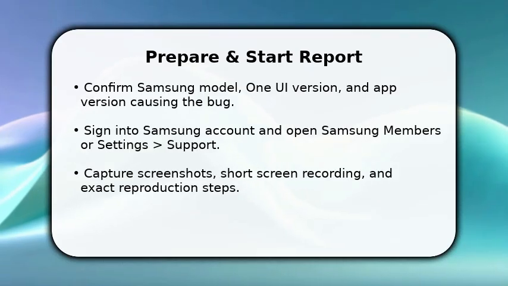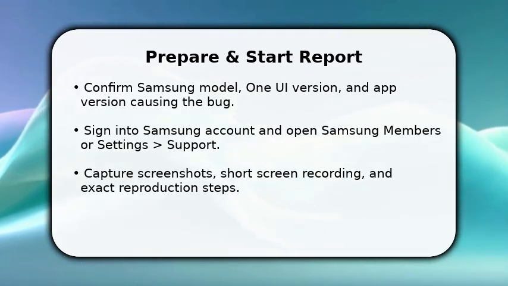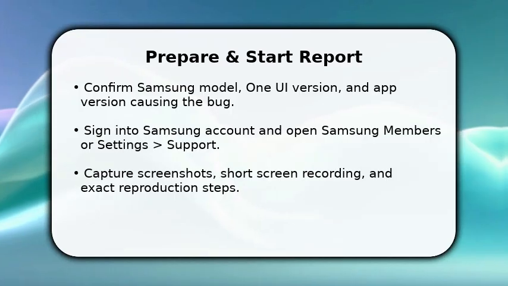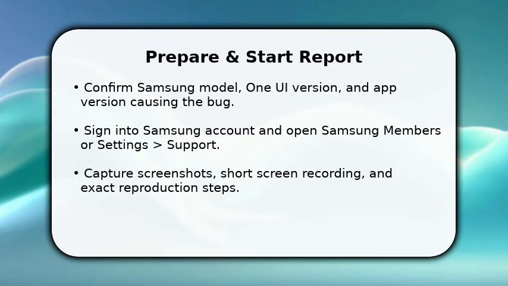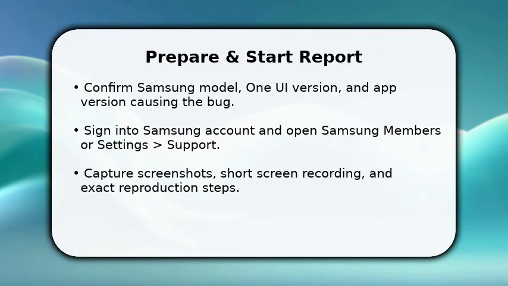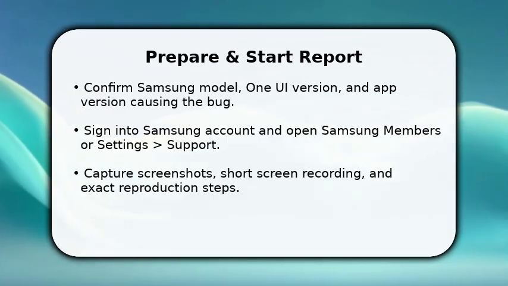You begin by collecting what matters. Model, One UI and app versions, then reproduce the bug once so you can describe it precisely. Open Samsung Members or Settings Support and choose Report a Problem to start. Attach screenshots and a short screen recording to show the issue. Once done, write a concise title and the first reproducible step, then save draft if you need to gather logs